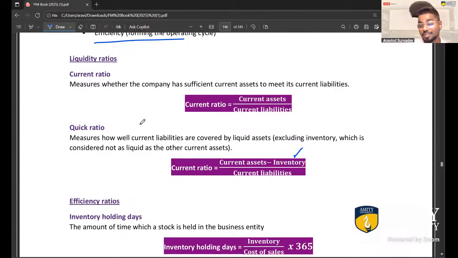You guys should be knowing these ratios from before. These shouldn't be new to you. Why is that called the quick ratio? Well, it's simple because we only consider what is most quickly convertible to cash. Inventory is probably not so easily convertible to cash.